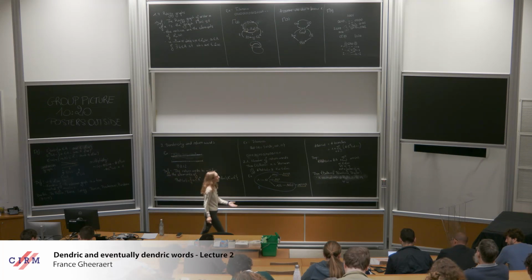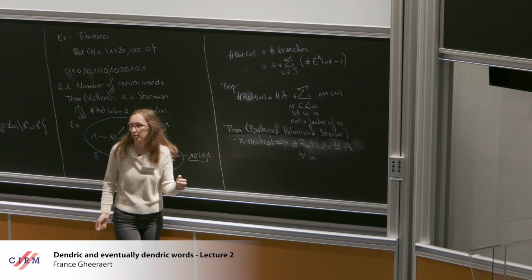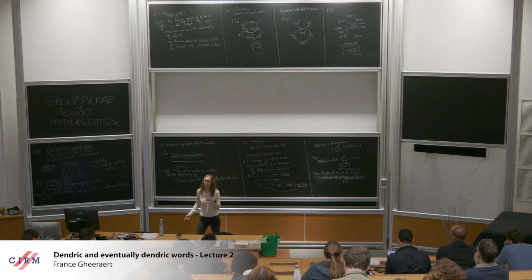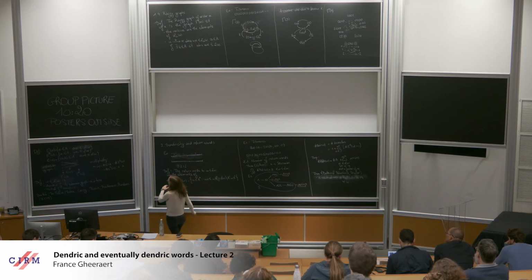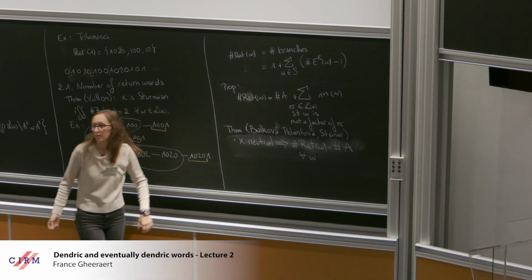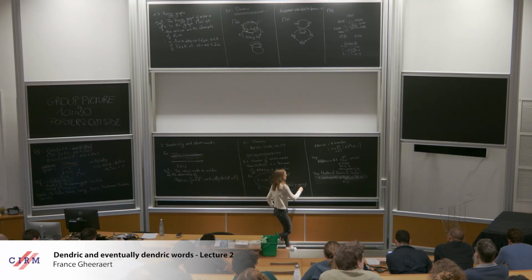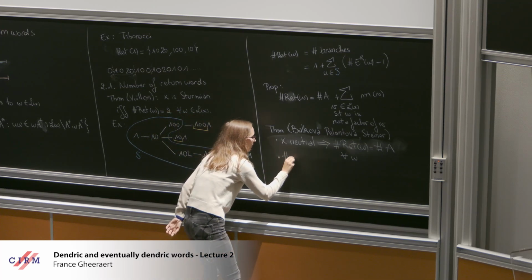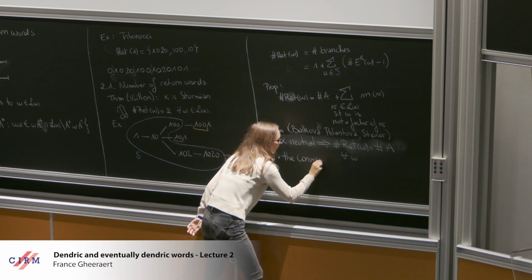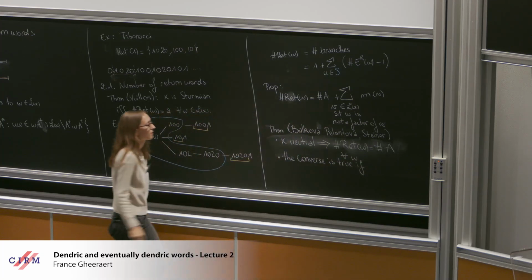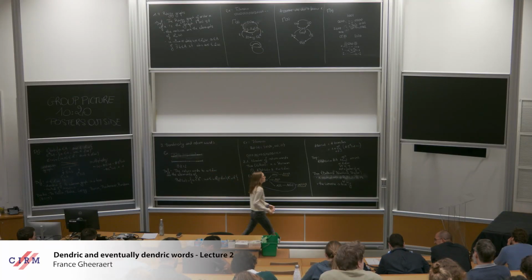Okay? Now the converse is not true in general, because it's not because the sum of the multiplicities is 0 that all of the multiplicities have to be equal to 0, right? Some multiplicities can be negative. You have minus there, so they can be negative. And so you could sum multiplicities and obtain a 0 sum, but not have 0 multiplicities. But there are cases where the converse is true. So now the converse is true in two cases.